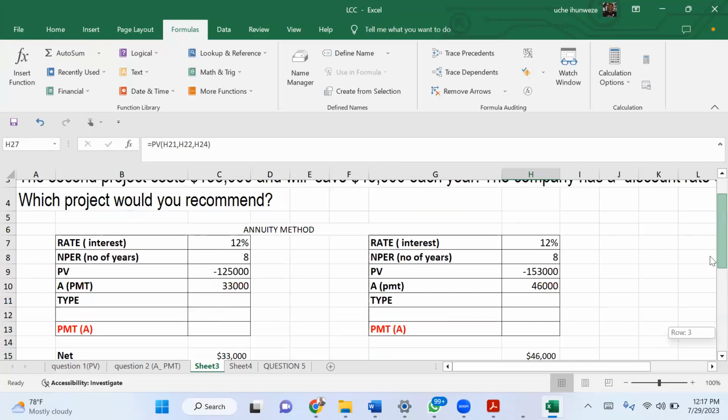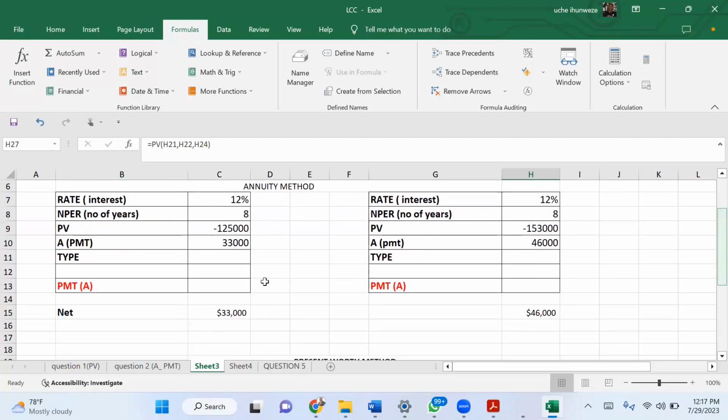But I can also use the annuity method. In the case of, let me not confuse you, but in the case of an annuity method, what I will do is I will leave this PMT. I will say this